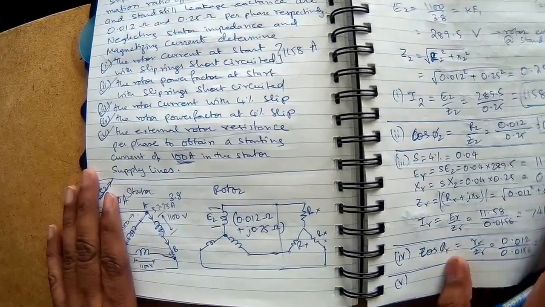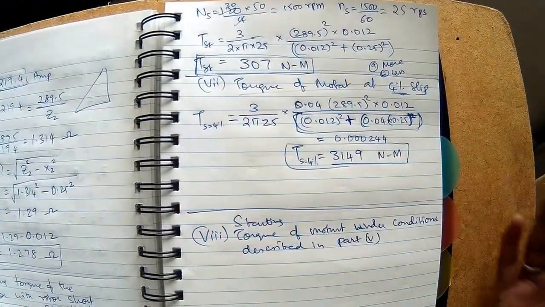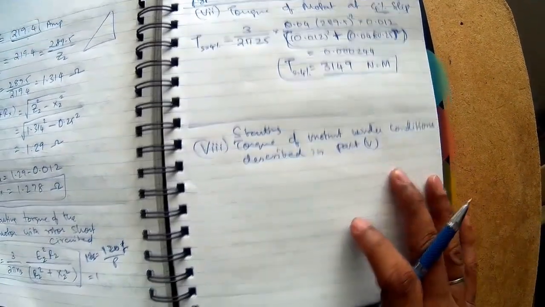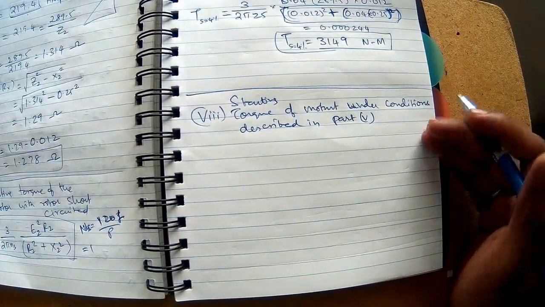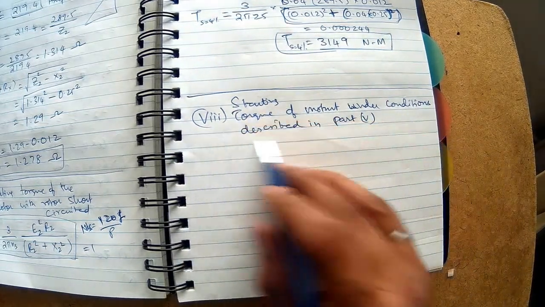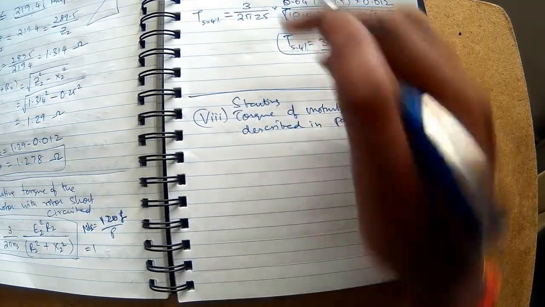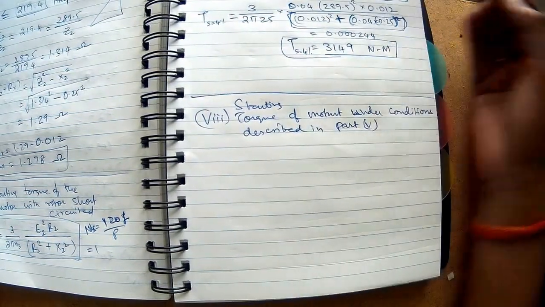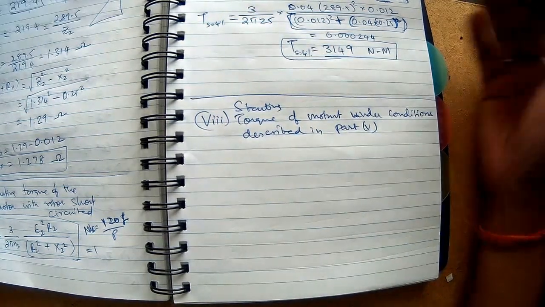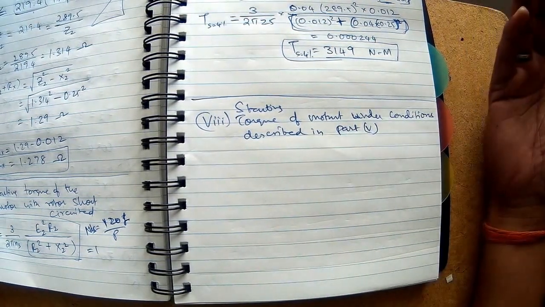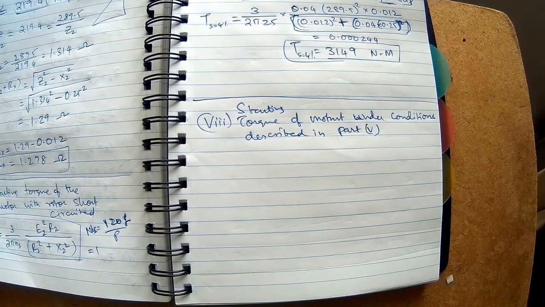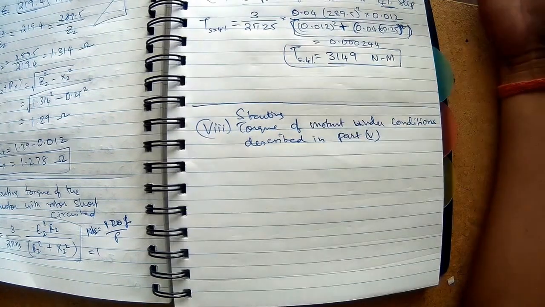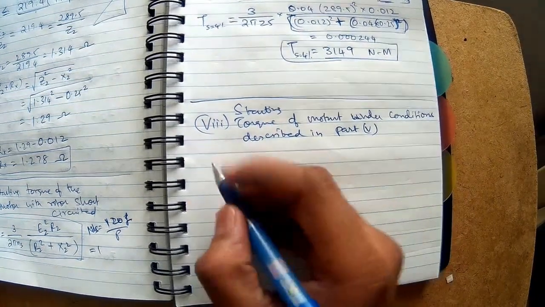So I am limiting the stator current. In the process, is the starting torque still worse or is it better? That is the question we need to worry about now. So let's do the calculation. If I calculate the starting torque here, will it be more than 307? That is option A. Will it be less than 307? That is option B. And will it be equal? Which will not be the case, because I am introducing a resistance in the rotor, so it should bring about some changes. While you think about it, you can pause and think. Let's continue and calculate it once again.